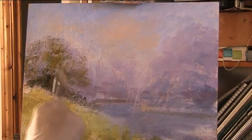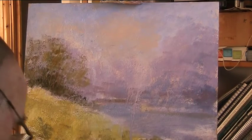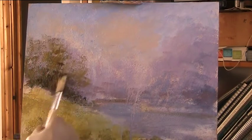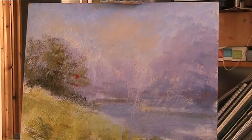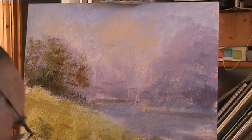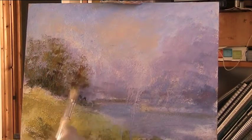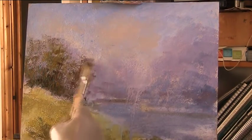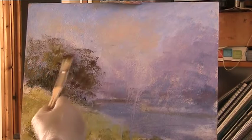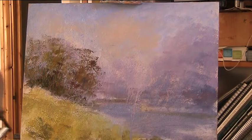That's a good, nice dark green in there. So red, black, because I've got a counter change against this dark. There's a bit of blue in that. So catching the high spots. So over that, with that dark violet mixture,